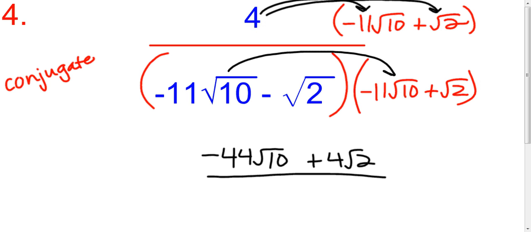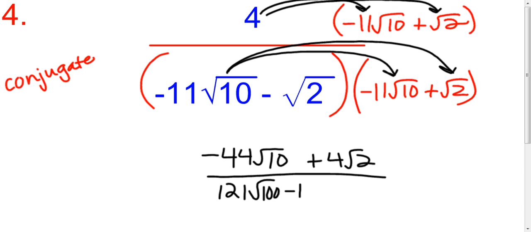So here we go. -11 times -11 is 121. And then root 10 times root 10 is root 100, and we'll simplify that in a minute here, okay? And then we have this, -11 root 10 times root 2 would be -11 root 20,